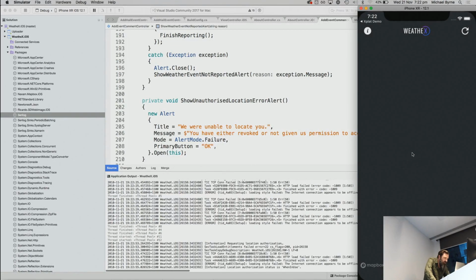Oh God, I can't see anything there. It's too dark. Oh, I don't have any internet. Well, that's going to fail, isn't it? It didn't explode, but it didn't say we can't connect to the internet. Anyway,